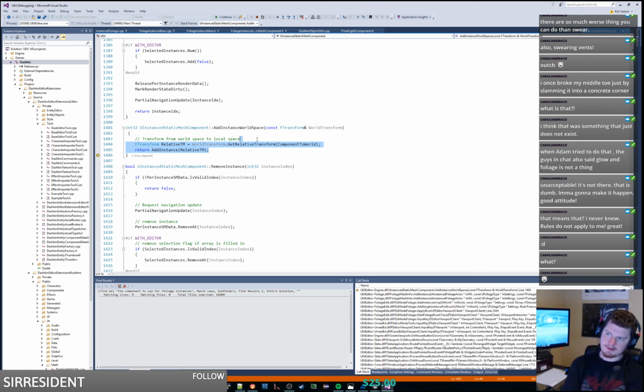Because we could add an actor in here, basically. I could modify the static mesh component here, and whenever it calls add instance world space, I could have it call the component in Blueprint, and that Blueprint could spawn some point lights for me wherever I wanted it to be in world space. I mean, it's totally legit. That would work. But what are the consequences of that? If we added an actor which had point lights on it to the scene,